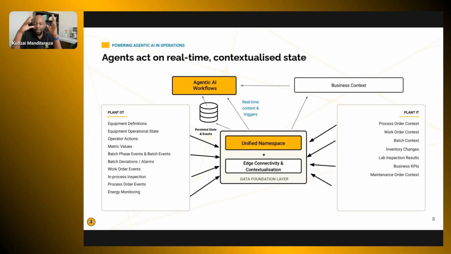So they get an event that has context, but more importantly, because you're persisting those events, the agent is also able to look up and better answer some follow-up questions it may have, such as: is this a normal deviation? Has this thing happened before? What was done last time? All of this knowledge that is typically not collected can be synthesized from the state changes and the event changes that you are collecting from your data foundation, and using them to train your AI model, or to really